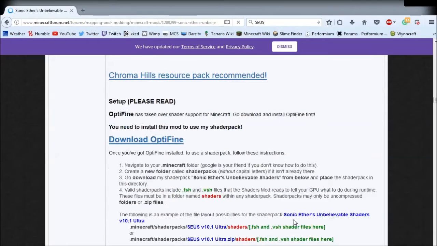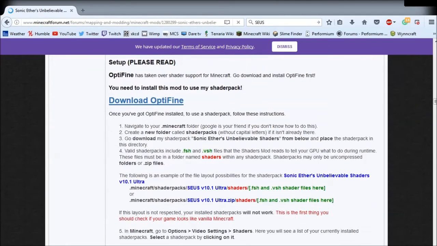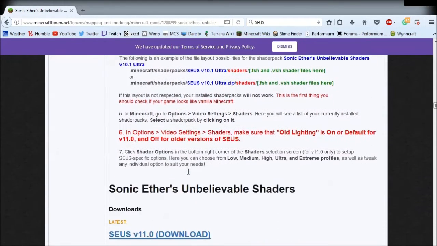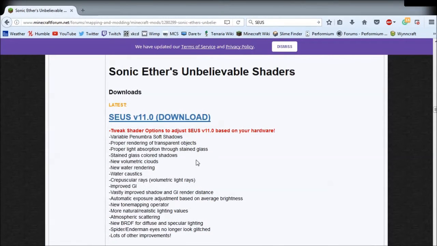Somewhere down lower on the page, there will be all kinds of information about different types of shaders and all that kind of stuff. How to get Optifine. And here's the information right here. Once you get the Optifine installed, you will need to also have had this taken care of. But farther down than that are the latest downloads, and you want the SEUS version